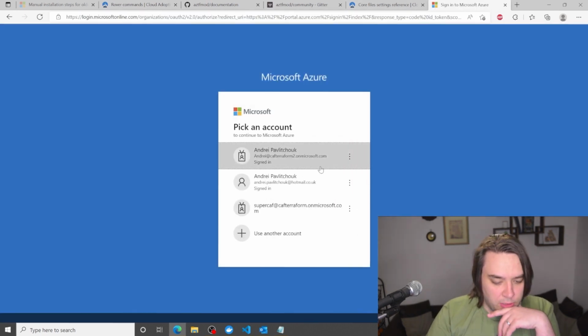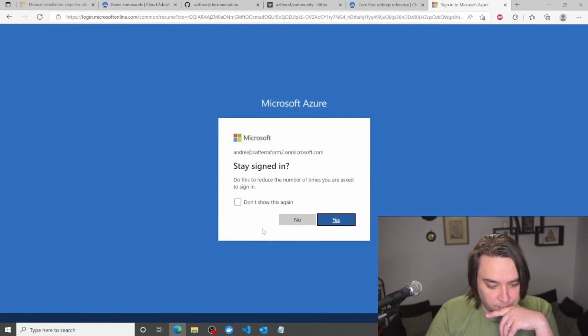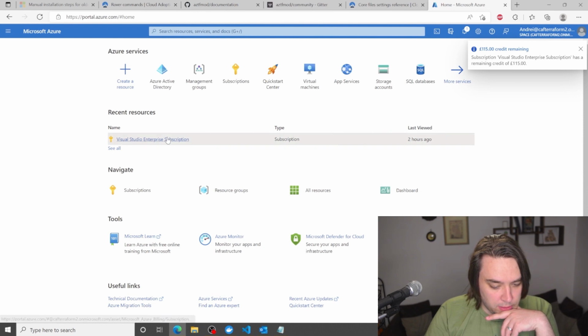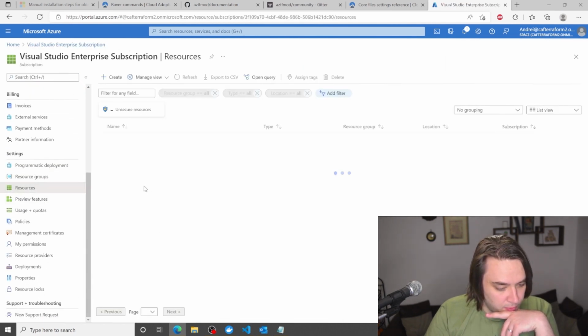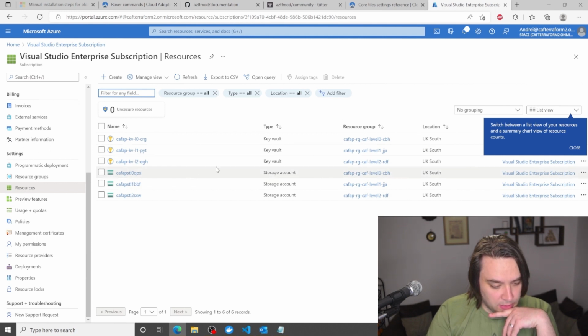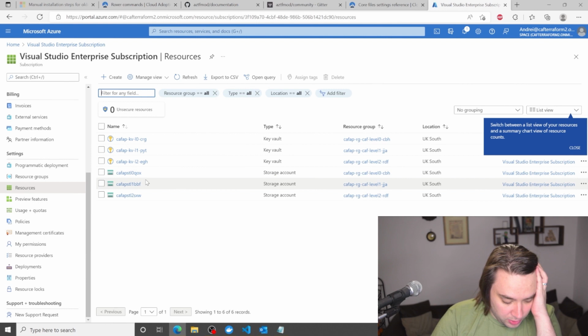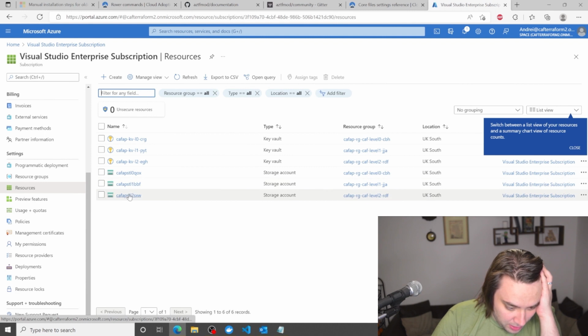So if we go into Azure, well, let's just check out to see what has been deployed. So first of all, we can see that key vaults have been deployed, storage accounts have been deployed. As you see, I have specified CAF AP.